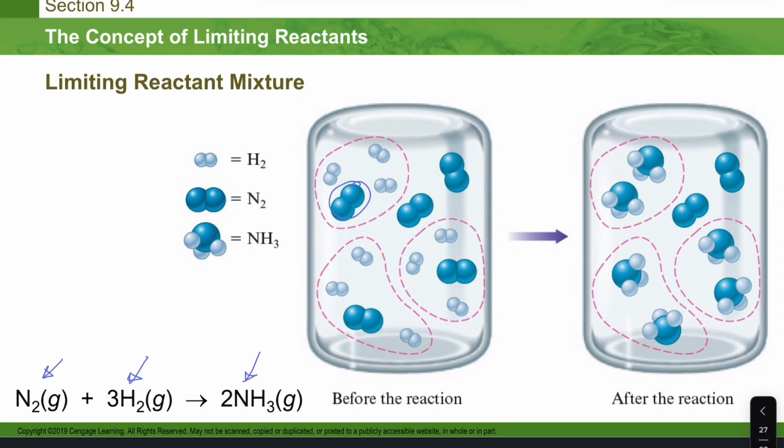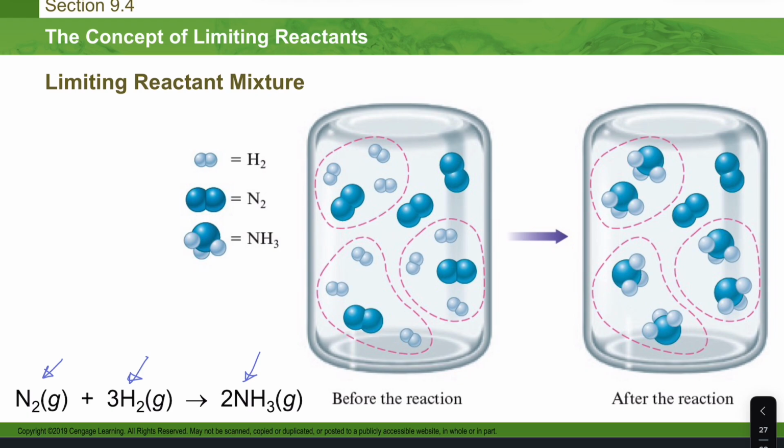So if we have the correct ratio of ingredients, we will always be able to make NH3. However, if you have more of one reactant than another, for example, there are more of these N2s than there are of the H2s